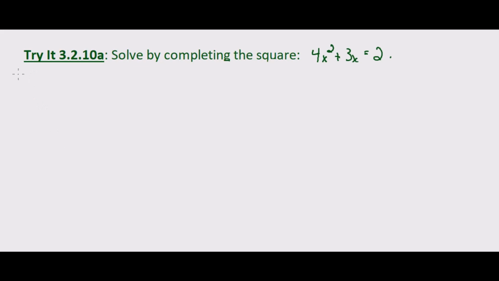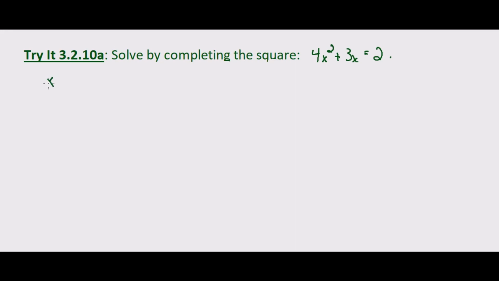So this problem, again, it's more of the same as far as completing the square is concerned. It just gets a little more complicated. We want it in the form x squared plus bx plus c equals d. We want the coefficient on x squared to be 1. So we'll divide everything by 4 first. That is going to give us